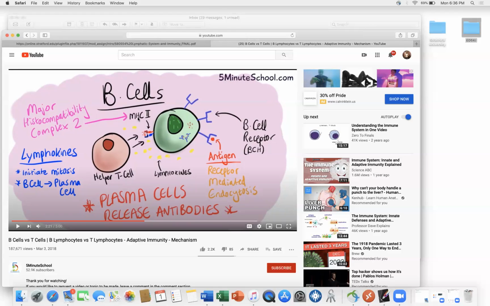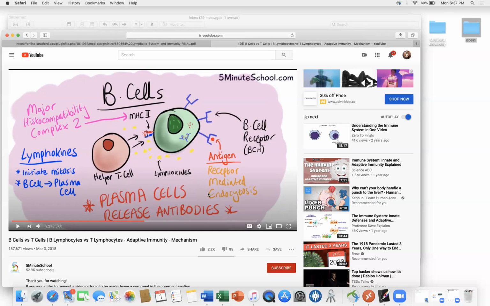And the MHC2 complex, right? Along with the T helper cells. Now remember, the T helper cells are part of the T cells, but they help. And also another thing we can measure in the body is lymphokines. Lymphokines, of course, tell the B cell to go make plasma cells, and these plasma cells make antibodies. And then the antibodies will attack this antigen